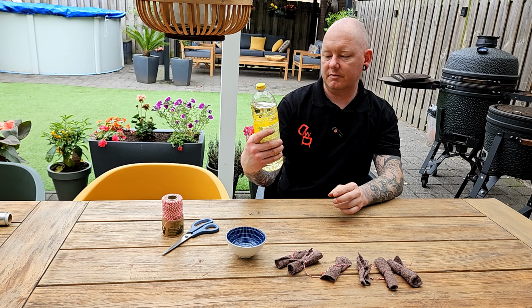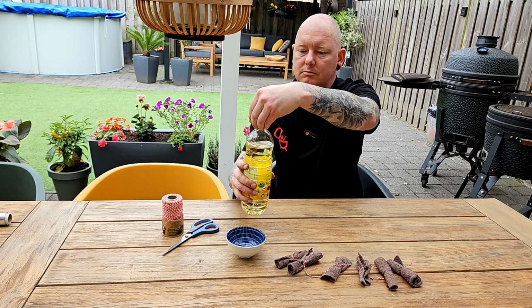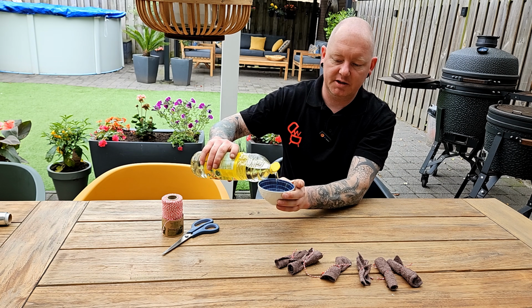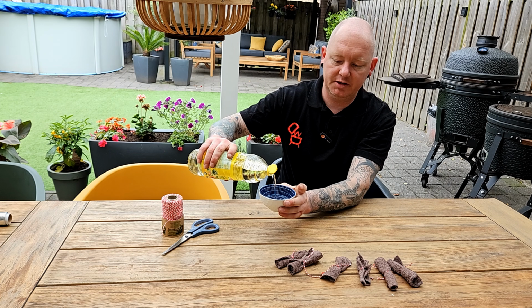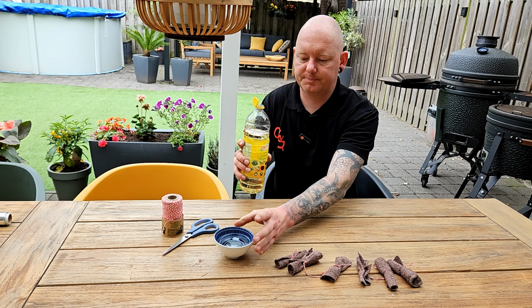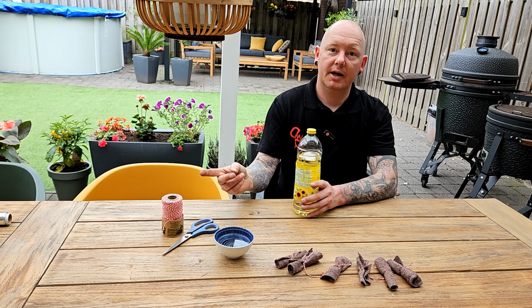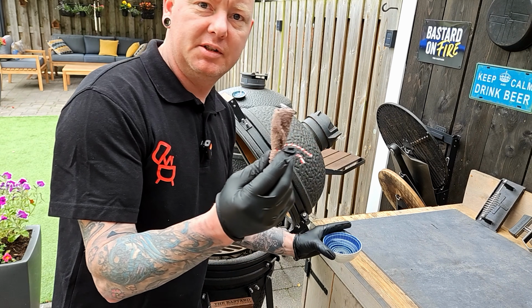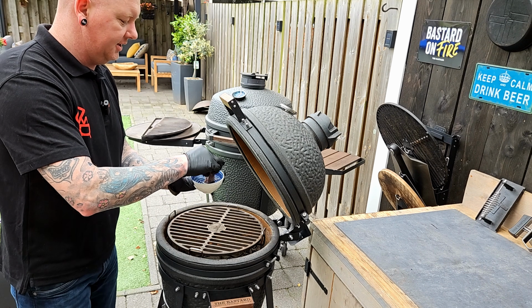I've got myself the sunflower oil. You don't want to use the olive oil, it's too expensive and it's sensitive for heat, so we need an oil that's not really sensitive for heat. We're gonna fill it up and then we'll go to the barbecue. Now I got myself the oil and I've got myself the little towel and we're gonna dip the towel